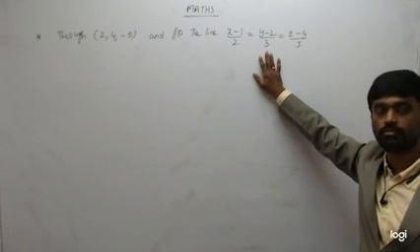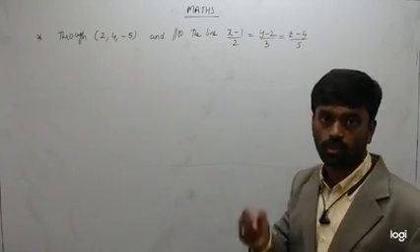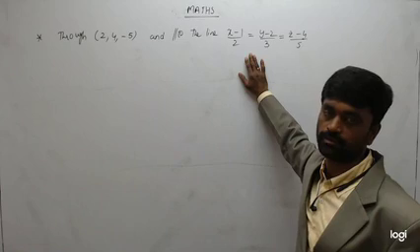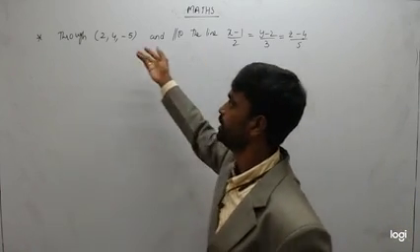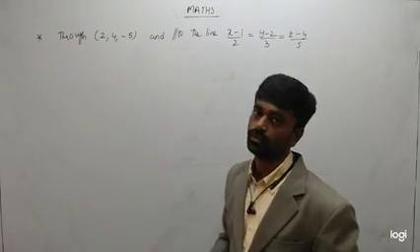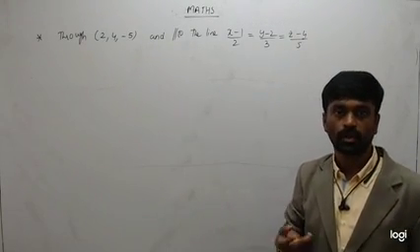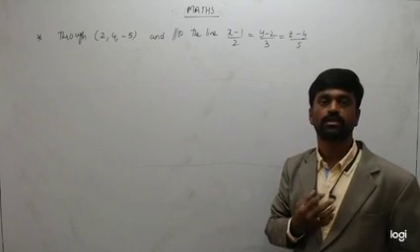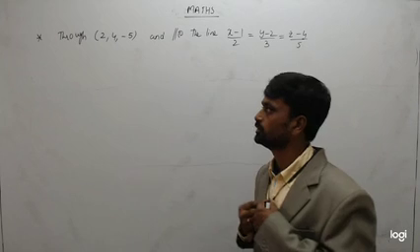As the required line is parallel to the given line, the DRs of the required line are proportional to the DRs of the given line. So from that data you will get the DRs of the required line, and already it is passing through the point (2, 4, minus 5). Whenever a point and DRs are given, for the line equation that is the first form. Using that form you will get the line equation.